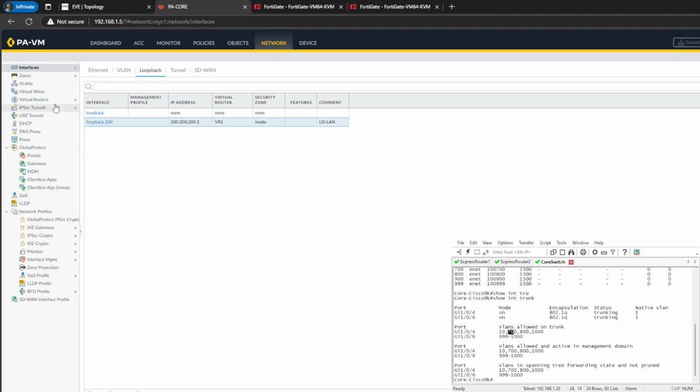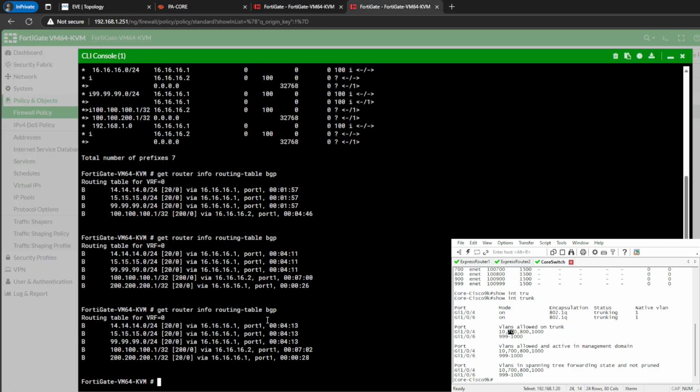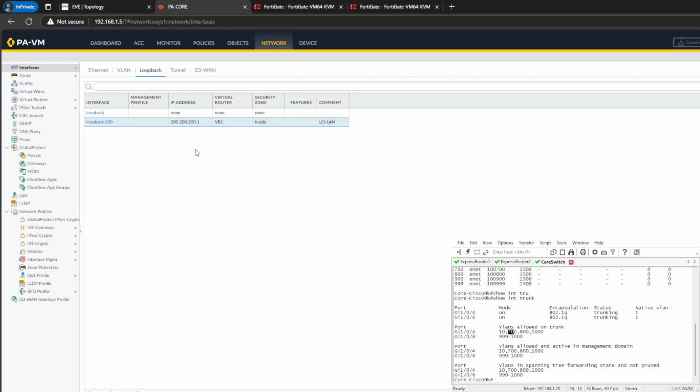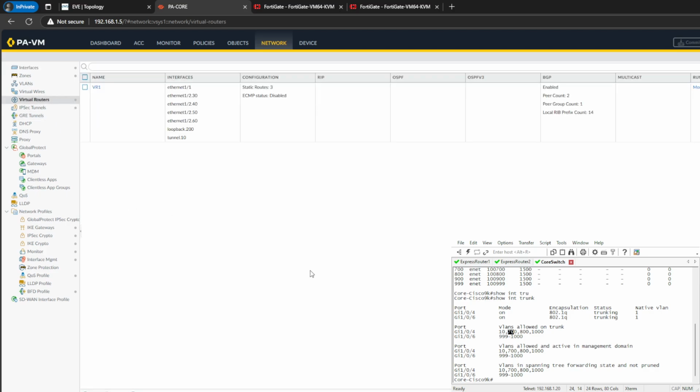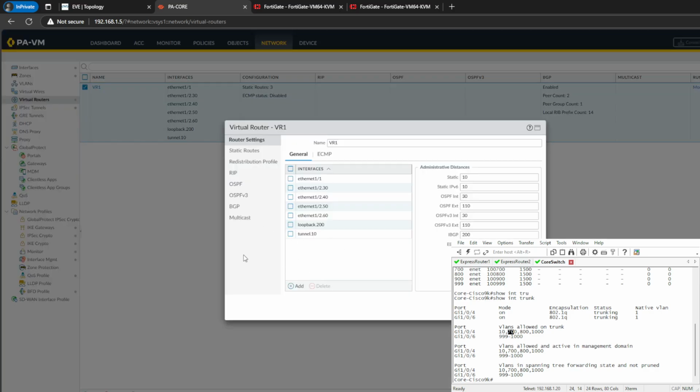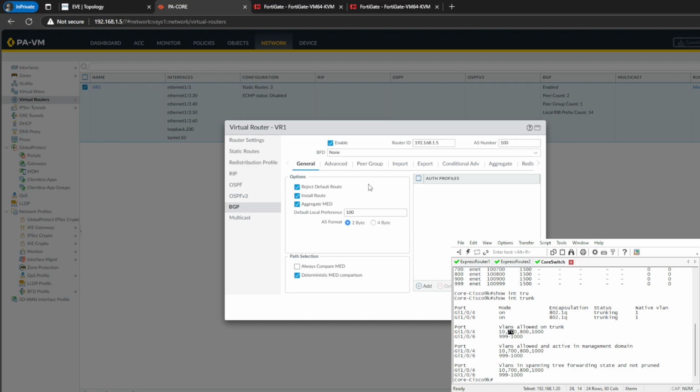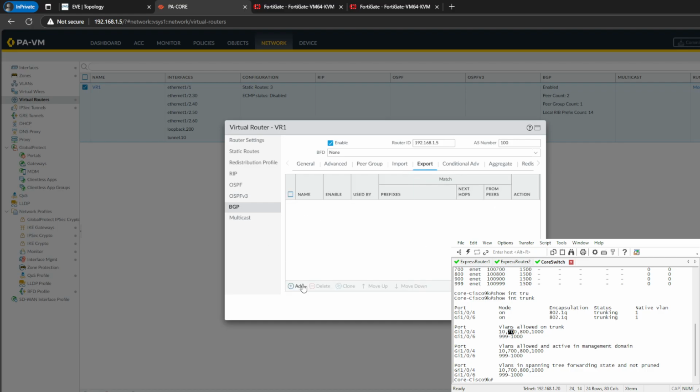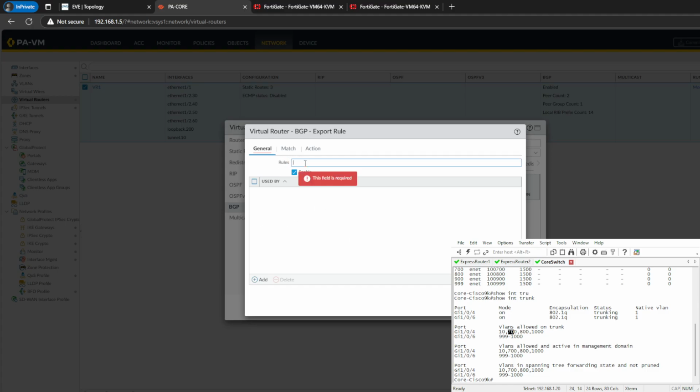Okay, but what if I wanted to filter these routes, right? I don't want this route from Palo to be exported because it's not needed. So it's very easy, guys. Over VR1 and then go to BGP. You're gonna filter the route from the export. You're gonna add, and then rules, block,